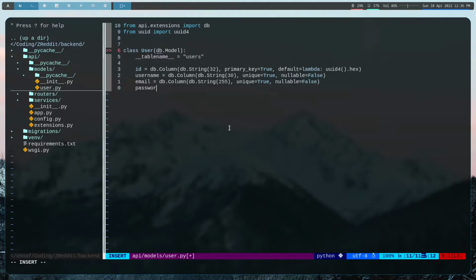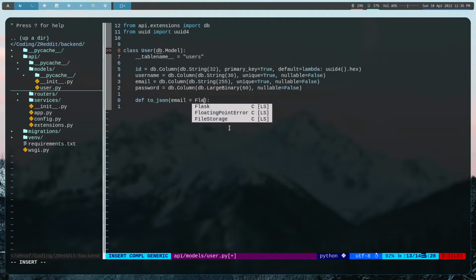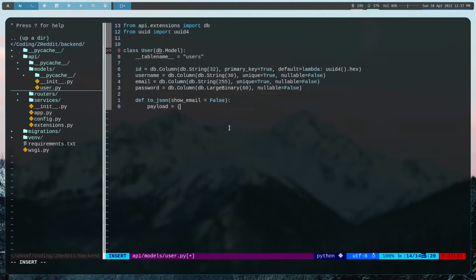For the password, let us use db.column, and this is going to be a large binary, and the length can be 60, and this will not be nullable. And let's now create a to_json thing. We can also have an email field, so show_email false. Basically this field will be used so that, let's say we have a page where you can view someone else's profile and I don't want to show the email there, so we can do show_email equals false as default, and the payload would be